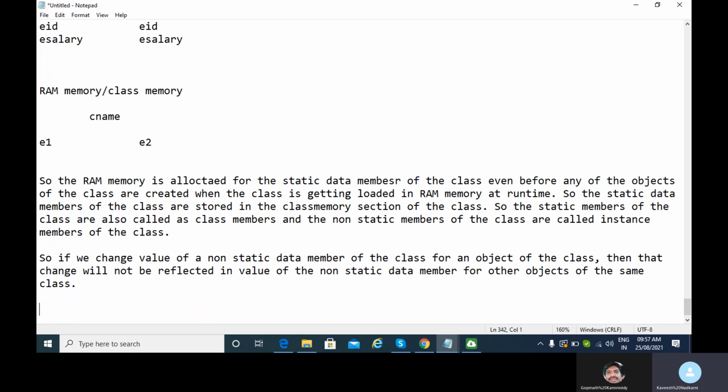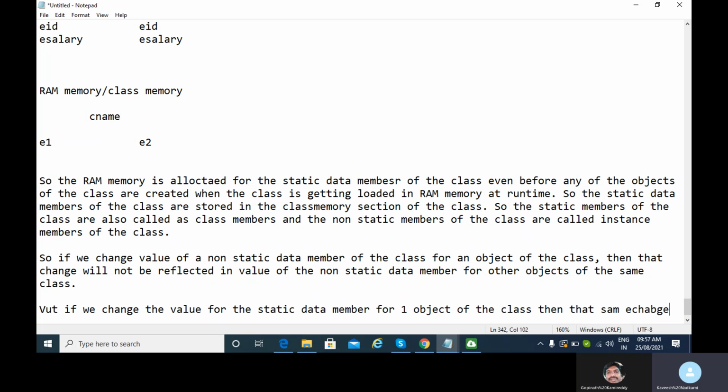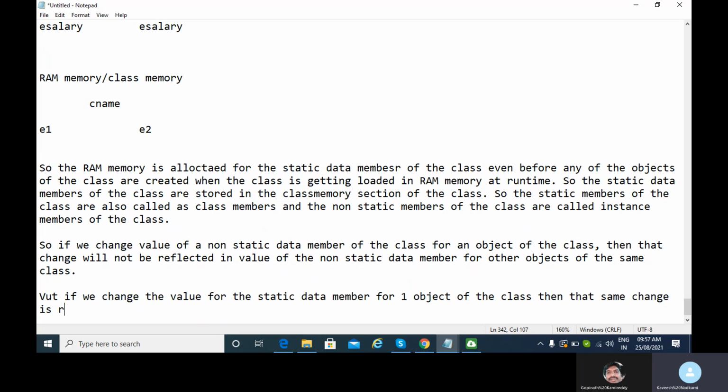But if we change the value of the static data member for one object of the class, then that same change is reflected in the value of the static data member for other objects of the class. Clear?